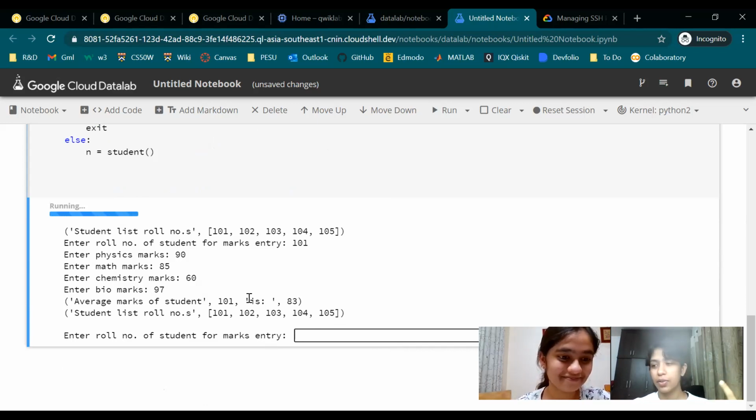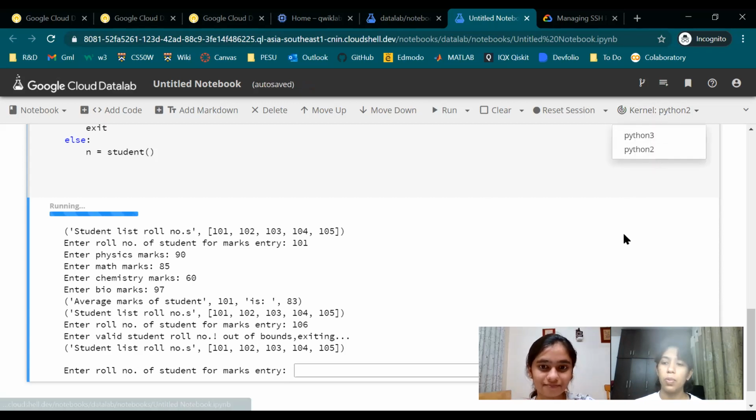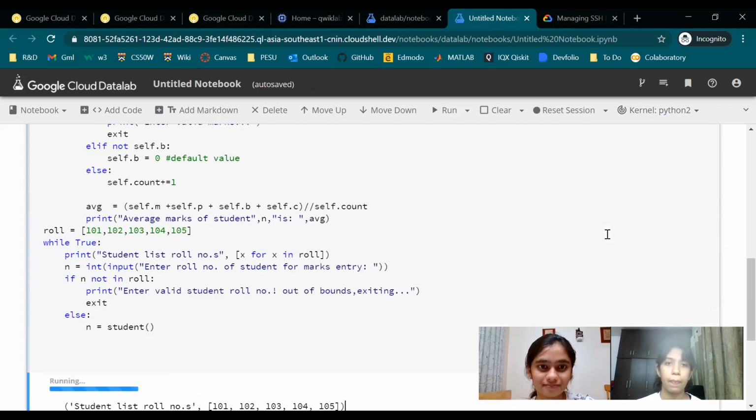Since we ran an infinite loop, it just keeps taking in. Now if I enter an invalid one, it says that it's invalid, out of bounds, exiting. Now I'm again prompted to enter a valid one, so it keeps going and it'll keep running till we exit out of the program. We can also switch the kernel here to Python 3, but Python 2 is working, so it's fine.